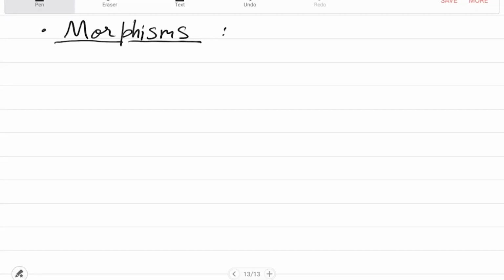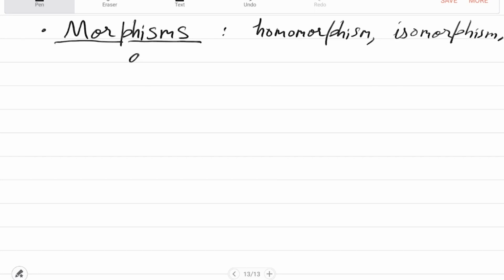So examples are homomorphisms, isomorphism, is there anything else? There is automorphism. So let me throw all these keywords and it is your job to read the Wikipedia page on what they mean. Okay, so the most fundamental is homomorphism. Homomorphism is just a